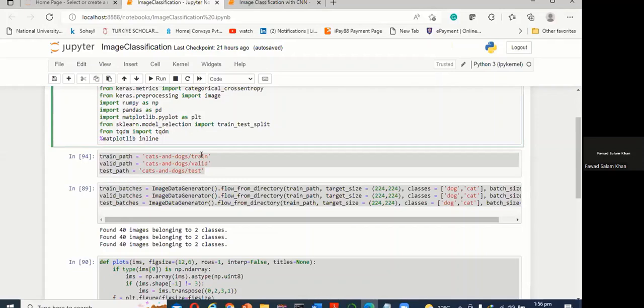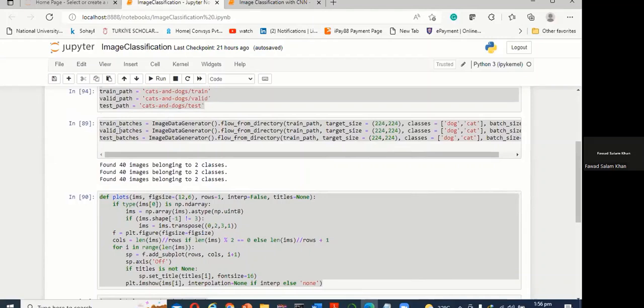Then as you see, train, valid, and test all have different images inside. After that, in the next step, we are using ImageDataGenerator. ImageDataGenerator is a Keras object used to generate data in batches. Here I use ImageDataGenerator from the library, from the train path, and the target size of